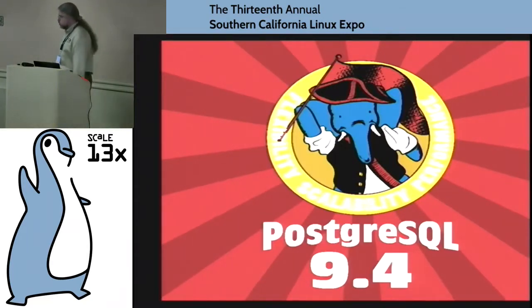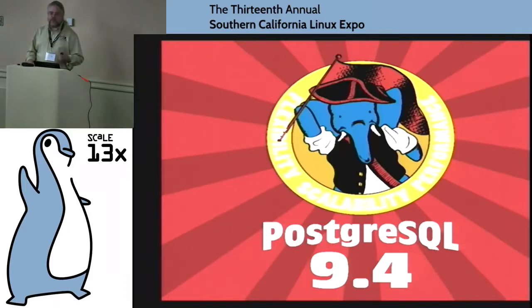So again, Postgres 9.4. This little logo and stuff came from a contest that we had. It's a little hard to see in the slide, but this is flexibility, scalability, performance. We had a vote on what was going to be the slogan of the new release, which will become relevant when I start doing my demos, because we did our election of the promotion for the new release via PostgreSQL, because that's the kind of people we are.